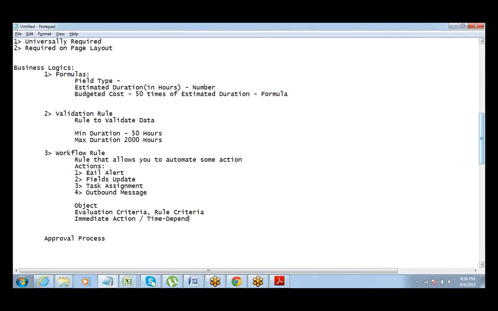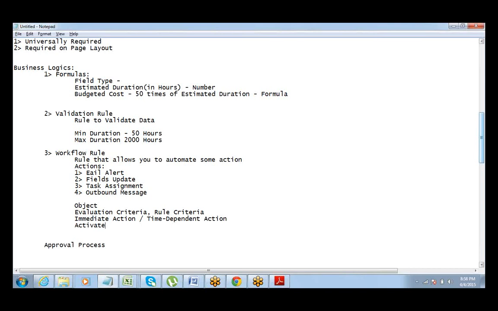You can have both, you can have one of them, whatever. That's it. And your workflow rule is ready. And finally, activate it.